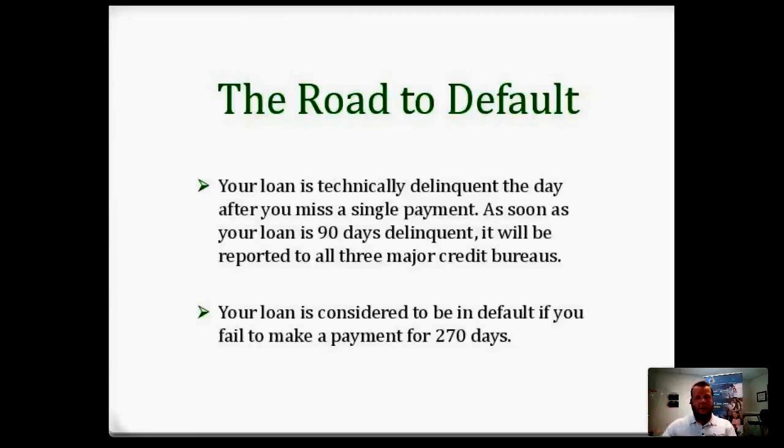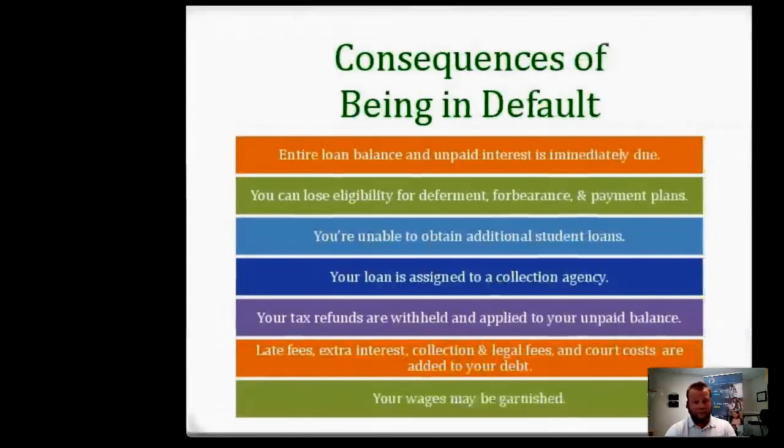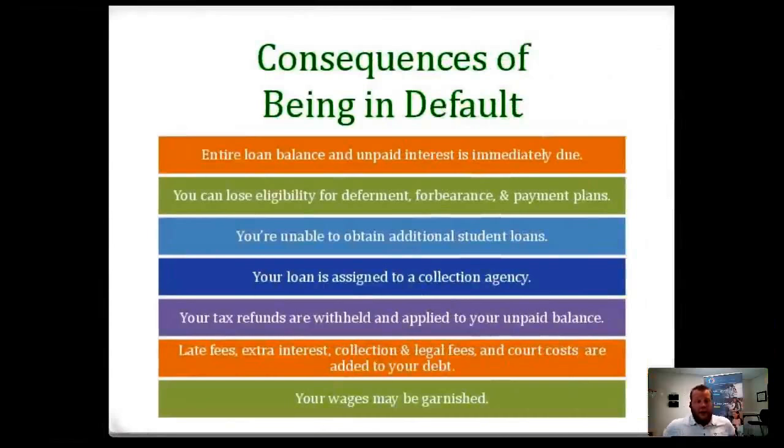They've been assigned to government. They go to default. They're going to go to what's called debt management, which is a very, very large third-party collection company that services these defaulted debts for the Department of Education. And even with them, a lot of times they'll send it to Conserve and all these other companies, Allied, Interstate, that also service defaulted student loan debt. So they're almost like the servicer to the servicer of the defaulted student loan debt. They're collection companies, okay? But they have a lot more power. One thing to keep in mind, which I'm going to get into right now, consequences of being in default: the entire loan balance and unpaid interest is immediately due once it goes into default, okay?